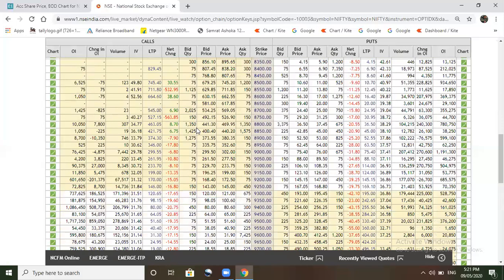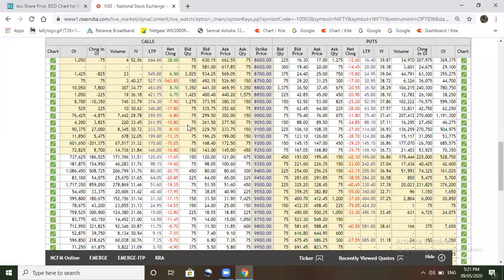Now let's find out at which strike price the open interest is highest. You have to look after the at the money call option. After the at the money call options, we have